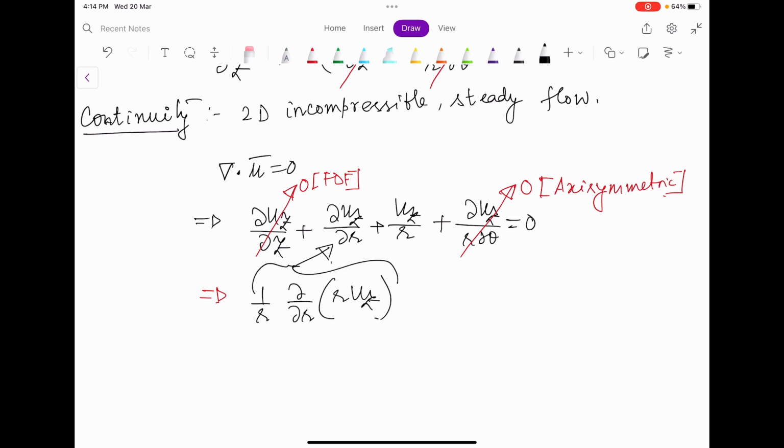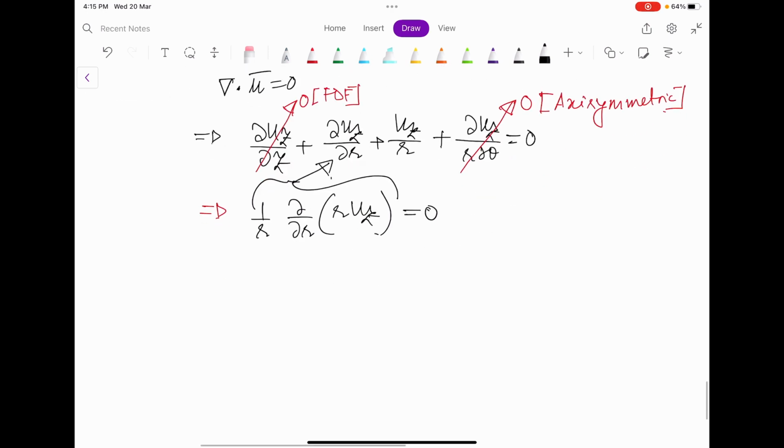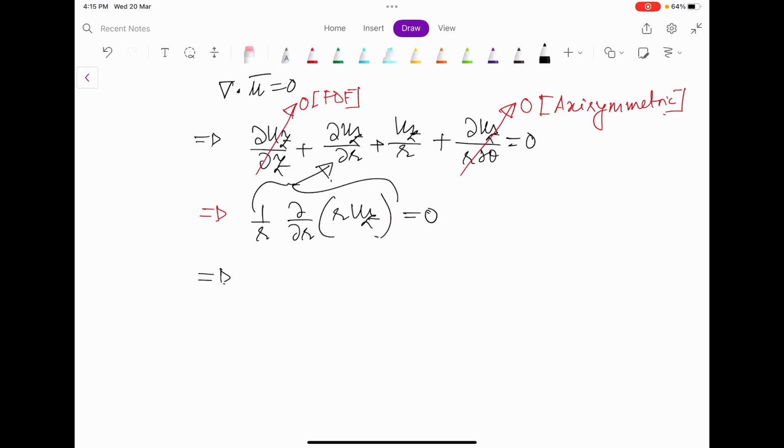Let's do the mathematics, or let me do it in the mind. That is 1 by r, and it is uz by r and r into, yes, it is giving it. So that means this is 0. Okay, so that means that r into this is equal to a constant. Now at r equal to R, uz equal to 0, right, that means this constant is equal to 0, c equal to 0. That means